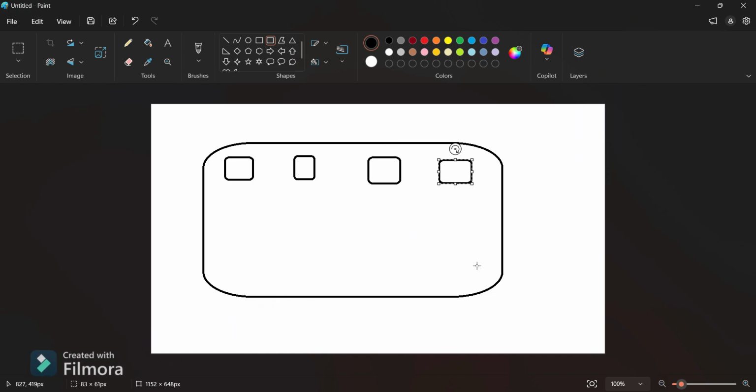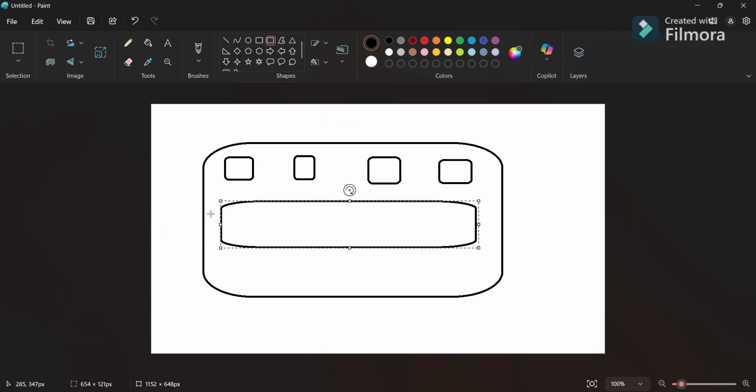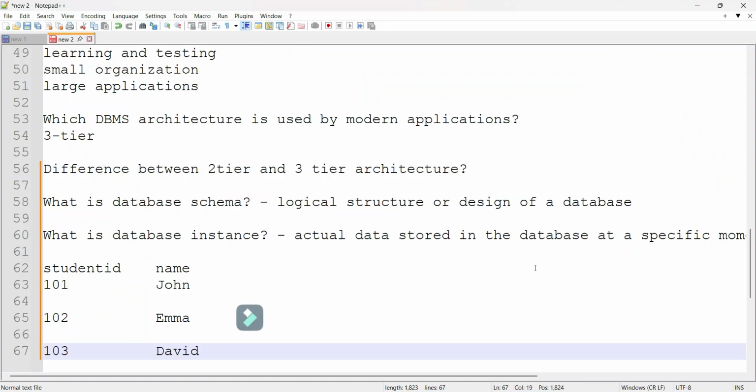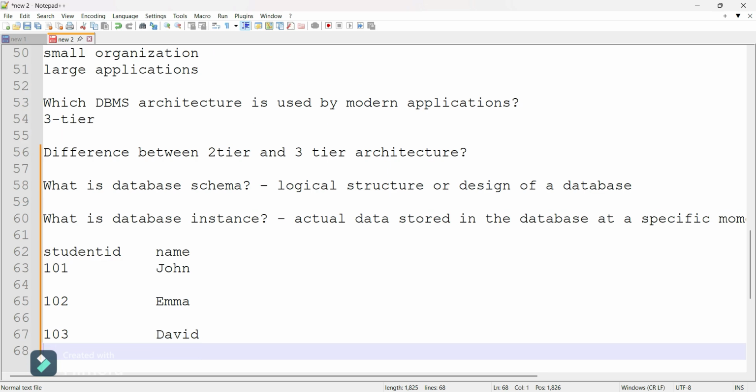This structure remains almost constant, but products are added, updated and deleted, while the schema remains almost constant. That changing information in a database, added, updated, deleted, is the database instance.